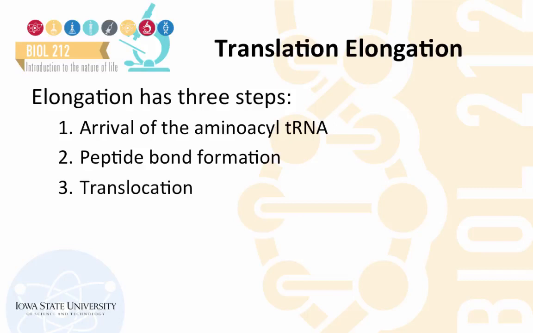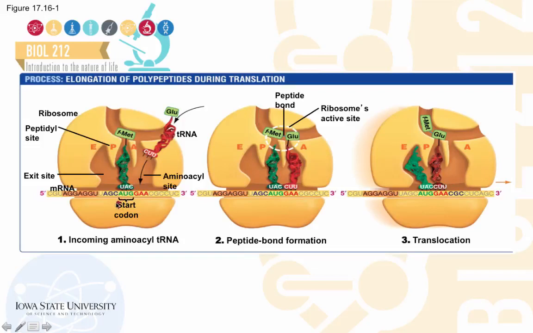This phase begins with the arrival of a new amino acyl tRNA, followed by peptide bond formation, and then translocation. At the start of the elongation phase, the initiator tRNA is at the P site. The E and A sites are empty. When the next amino acyl tRNA occupies the A site, the anticodon within the tRNA base pairs with the codon